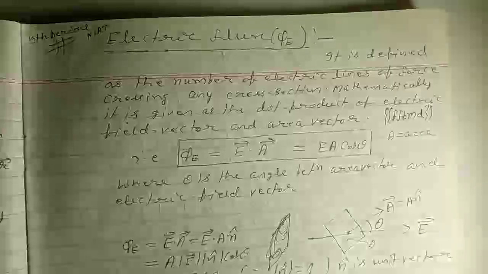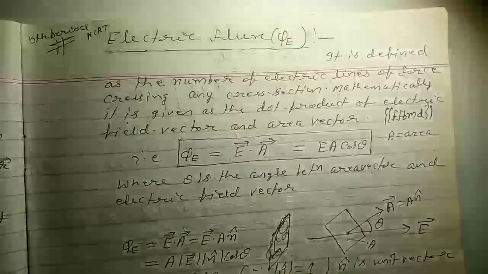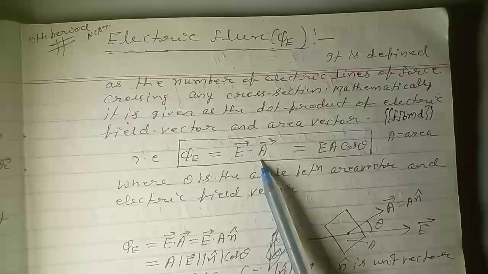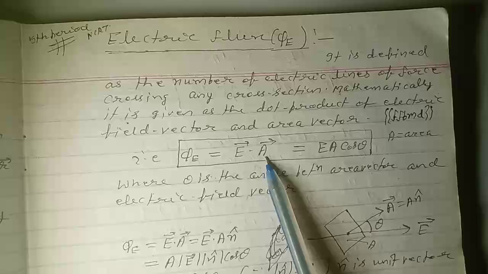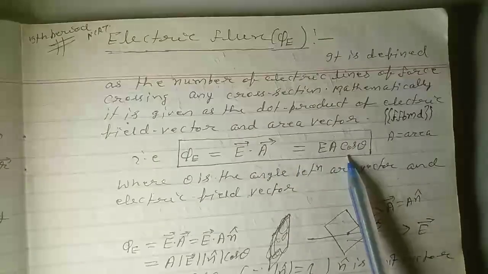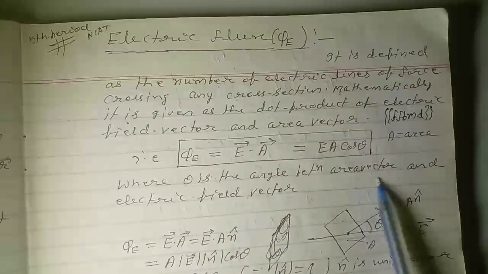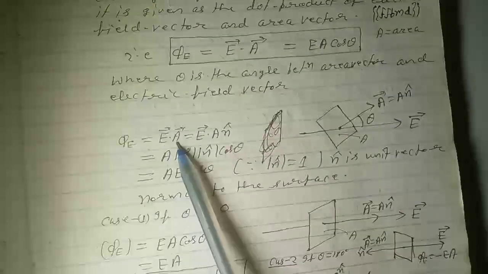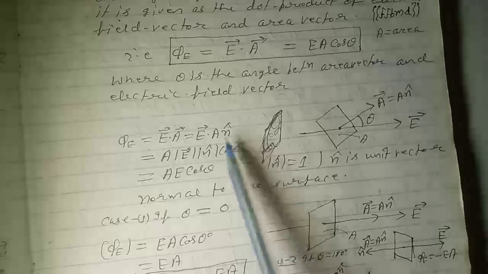That is, phi equals E vector dot A vector, where E is the electric field and A vector is the area vector, or equals EA cos theta, where theta is the angle between area vector and electric field vector, or phi equals E vector dot A n cap, where n cap is the unit vector